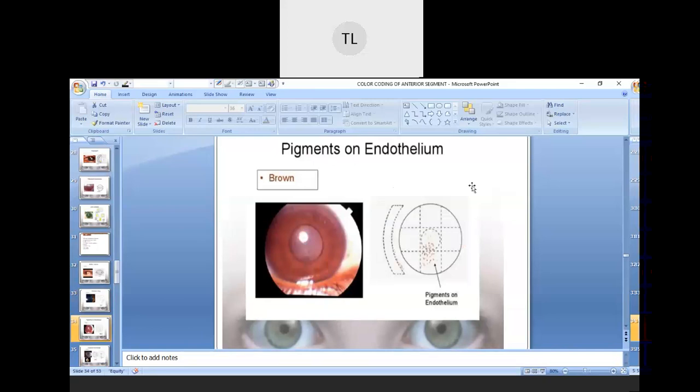So like I said, the endothelium is the innermost layer of the cornea, right? If you have seen any kind of pigment over in the endothelium area, I would like to add one more thing. In order to see which layer of the cornea is having that kind of abnormality, you need to be very expert with the slit lamp.